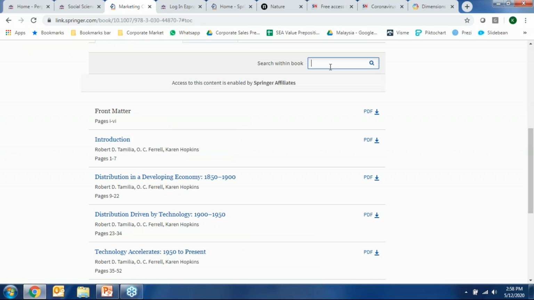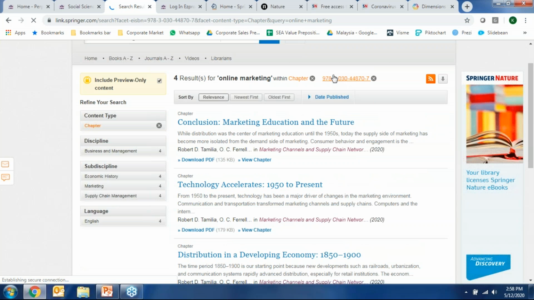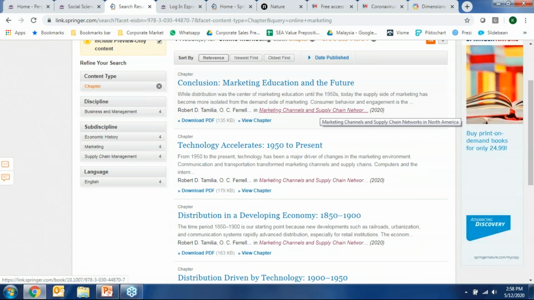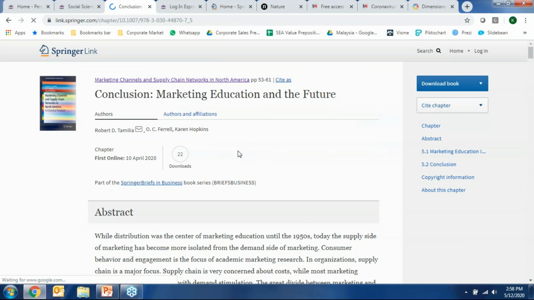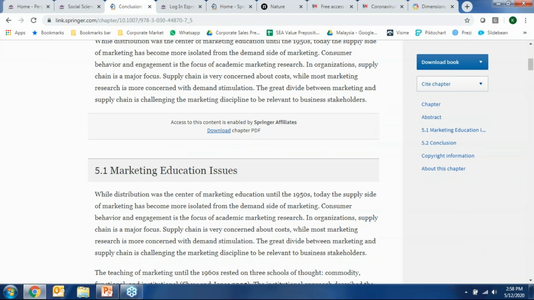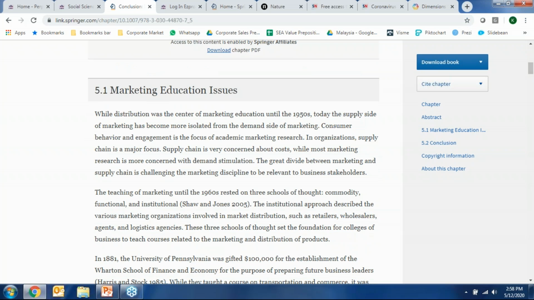If you have a certain query like online marketing, we try it, and there are 4 different chapters within this 5-chapter book that touch on the term online marketing. If I go into one, I can see the abstract of the chapter, and also the actual text of the chapter itself.